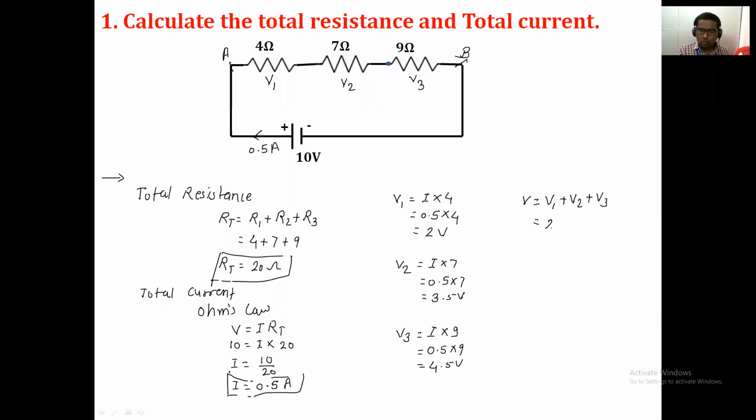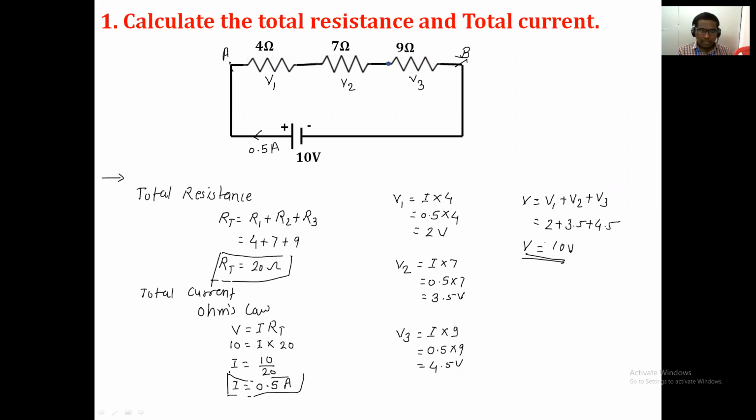So V1 is 2 plus 3.5 plus 4.5. What does it come to? It's 10 volt. It is verified. Main characteristics are verified. See that current is same, voltage is divided, and total voltage is always equal to the sum of the voltage drops across